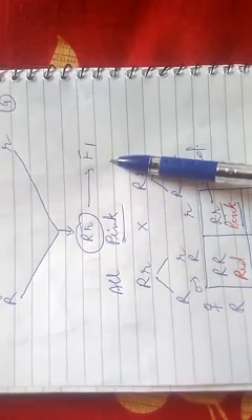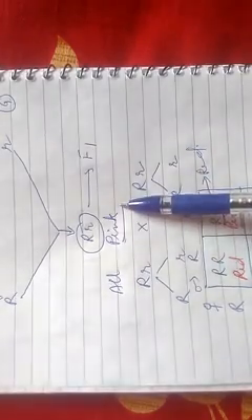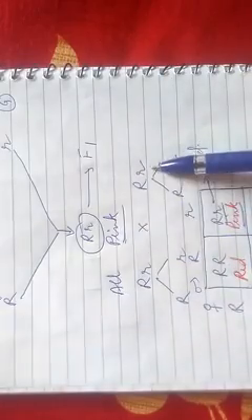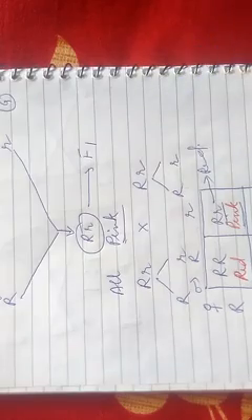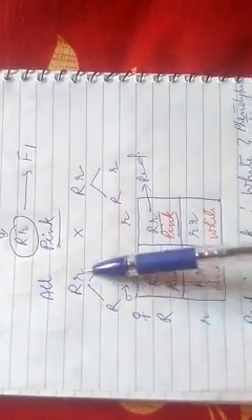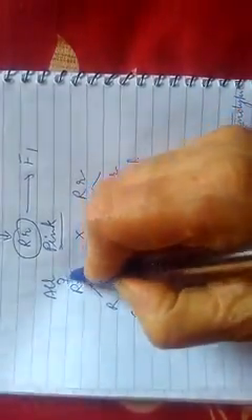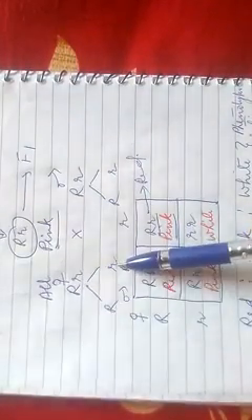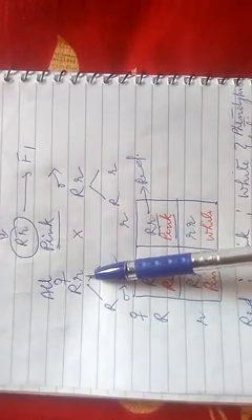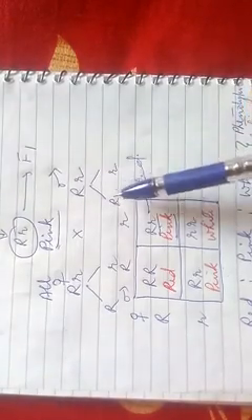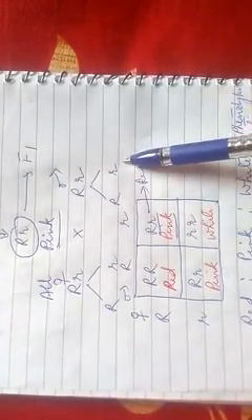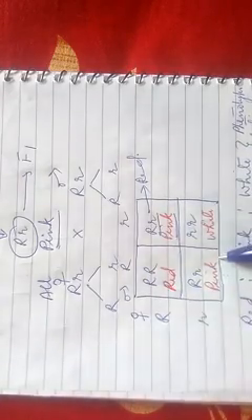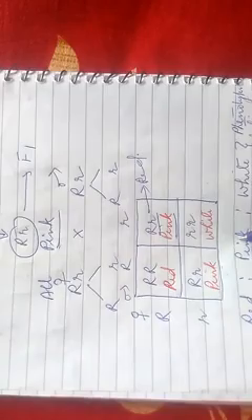Now how do we get the F2 generation? By performing self-pollination between F1 plants, right. So this F1 individual now will become the parent and self-pollination is being performed, right. So this is one parent. Let us suppose this is female and this I have taken as male parent. The female parent will produce two types of gametes because it is heterozygous. Likewise, the male parent will also produce two types of gametes because this is heterozygous, right. And then we'll draw a checkerboard to find out the possibilities of random fusion between the gametes.